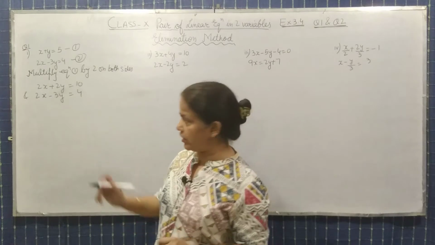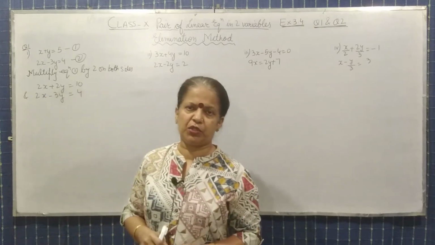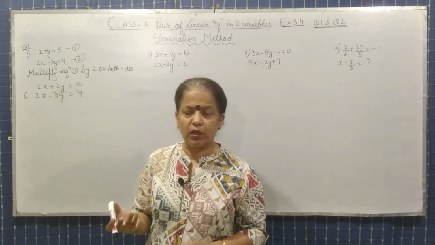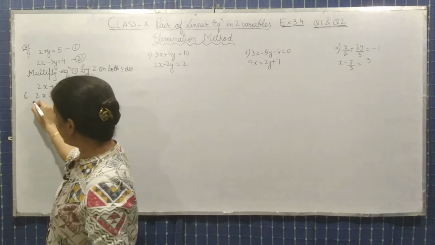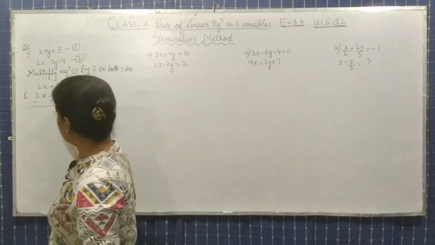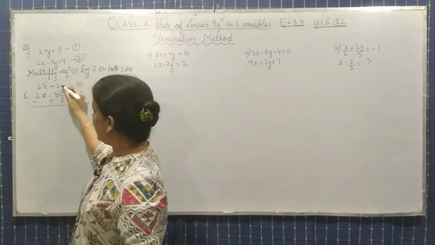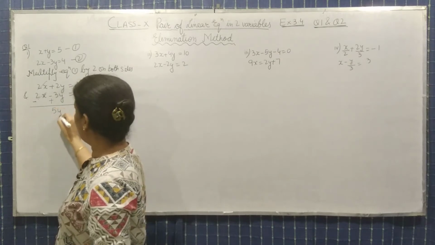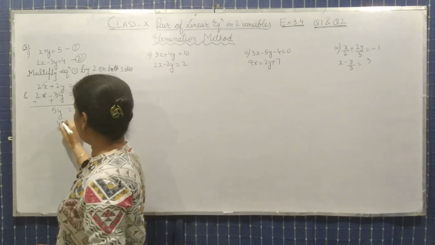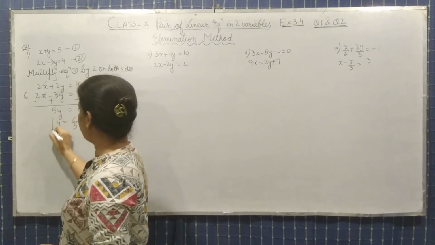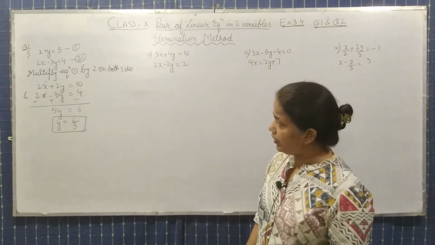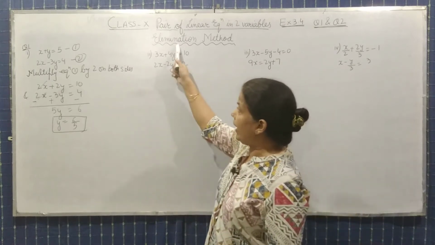So in the next step, आप जो नीचे आपकी linear equation लिखी है उनके आप sign change कर देंगे, as you are doing in division also. So same procedure, जो second equation लिखी है you will change their sign. तो हमारे पास sign change हो गया, ये cancel हो गया. Now 2y plus 3y is 5y and 10 minus 4 will be 6. So you will get y equals 6 by 5. So the first variable value, y equals 6 by 5, you have got by elimination method.